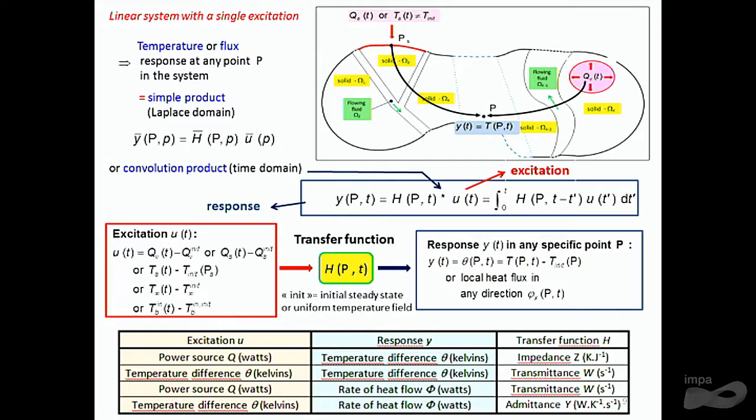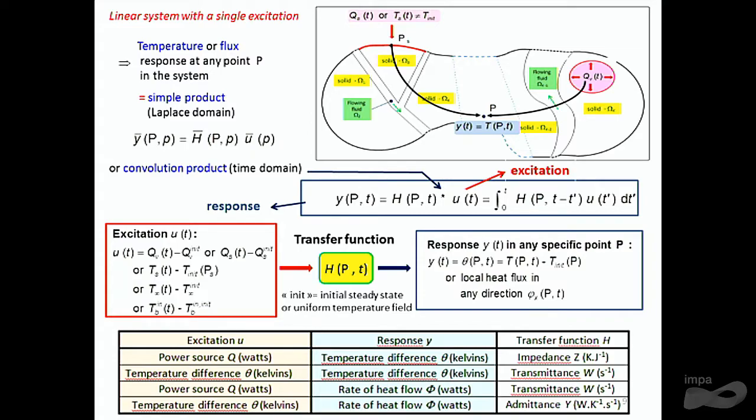So what is u of t, the original, the inverse Laplace of u bar? It's, for example, the variation with respect to the initial field, if you have a steady state initial field, and this is 0 if you start from equilibrium. It can be a variation of the surface temperature. It can be a variation of the fluid temperature. It can be a variation of the inlet fluid temperature. So you have the original, the inverse Laplace transform of h bar is h of t.